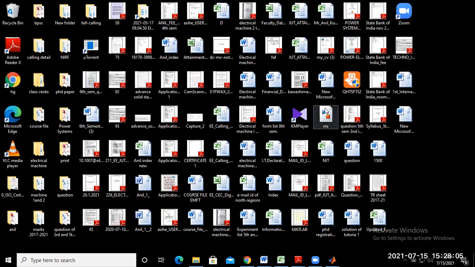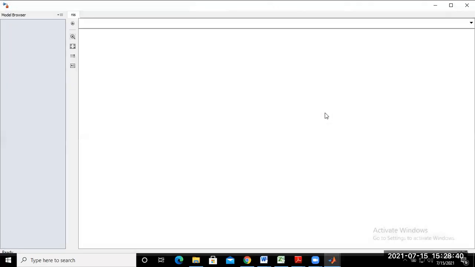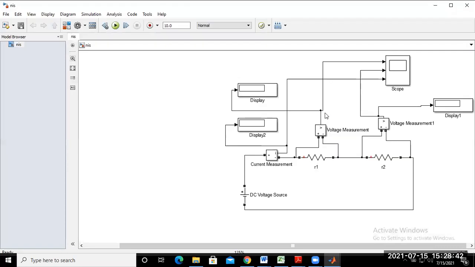So again go to the simulation, MATLAB, and drag all the components from the Simulink library to a new workspace. Just wait a few minutes for MATLAB to open and create a new model where we design the single phase half wave controlled rectifier for the RL load. Only one parameter changes, that means the load. In place of resistive load, we consider RL load, and all the other components are the same as the previous circuit.